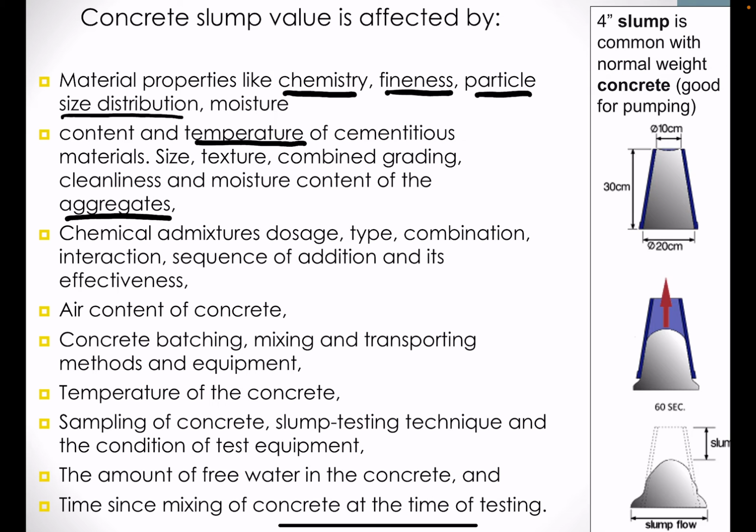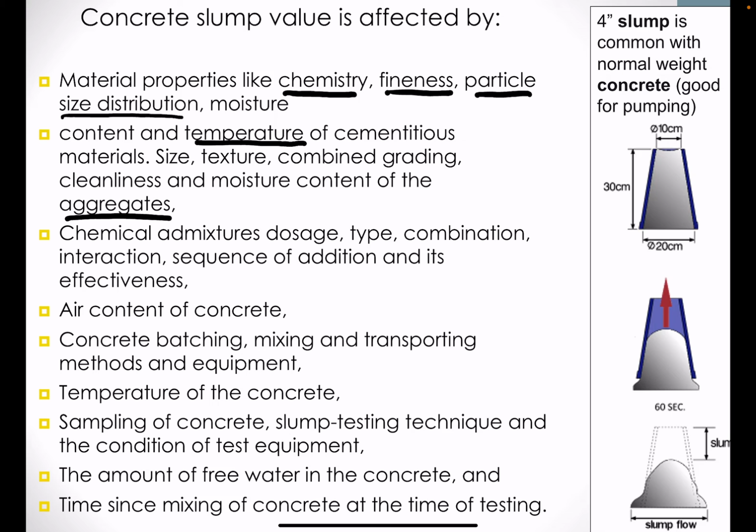The chemical admixtures, dosage, type, combination, interactions, if there's other chemistry happening there, sequence of addition, and all can affect and arise with different slump values. Furthermore, the air content of a concrete, again owing to the mixing type or conditions, can also affect